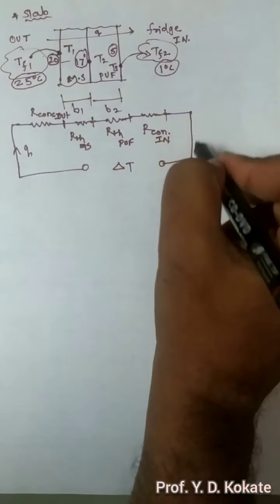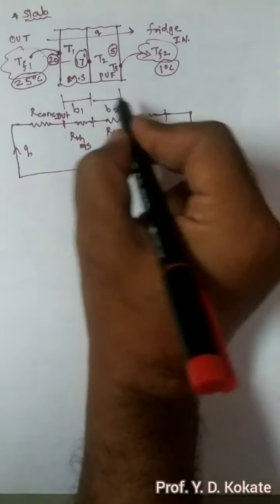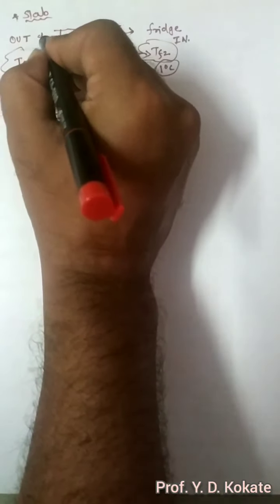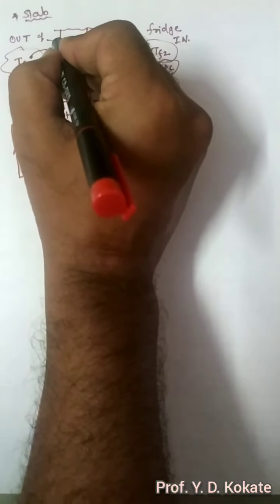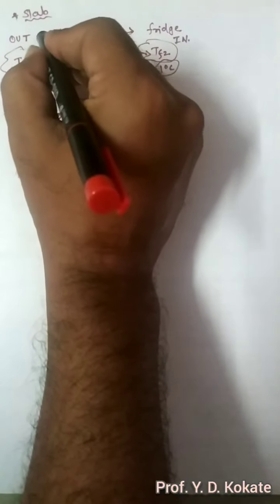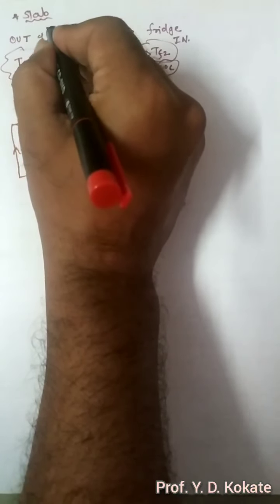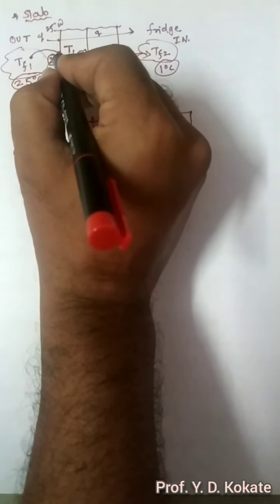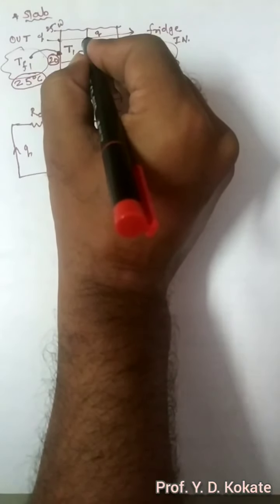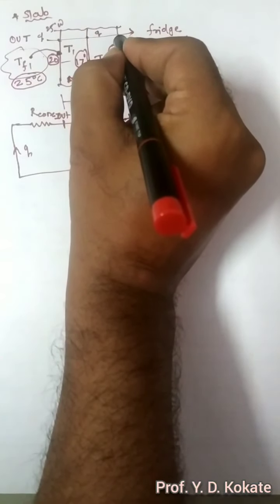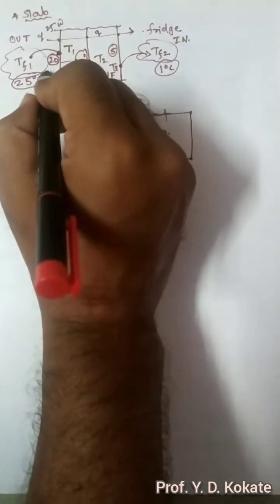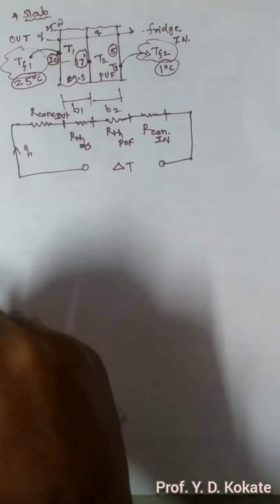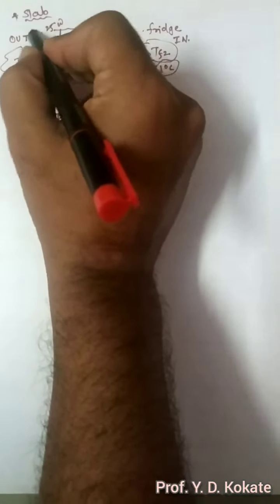When Q amount of heat is transferred through this circuit, the Q amount of heat from here by convection to this surface is the same. Let's say it is 25 watt. So from here to here it is 25 watt. From here to here also 25 watt. From here to here again 25 watt, and from here to here again 25 watt. So throughout the system your heat transfer will not get split.